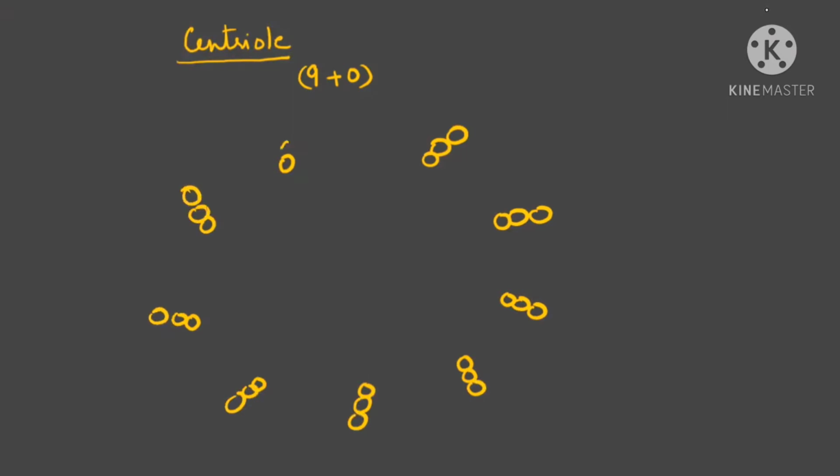So these are peripheral microtubules made up of tubulin protein. They are triplet and we are giving the name as A, B, C. Okay, A, B, C, this is the name given. And the C to A is a linker. This is the linker which is present, so it is joining C to A. I hope up till here you are able to understand. 9 periphery are there and the periphery are triplet. So this arrangement is called 9 plus 0. Reason is 9 periphery are present, they are triplet, and 0.